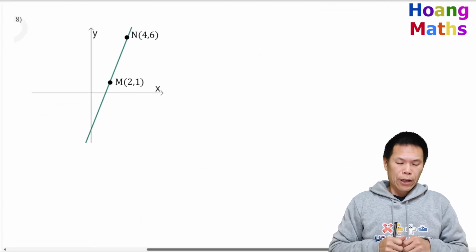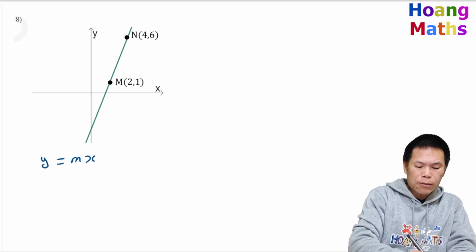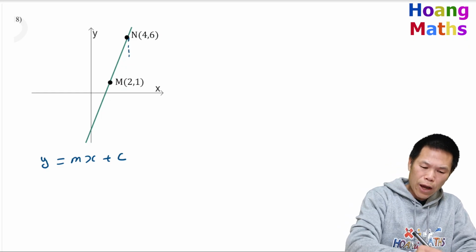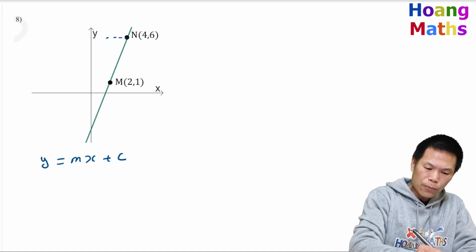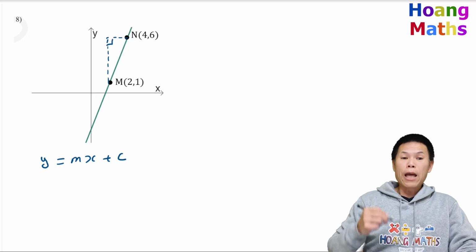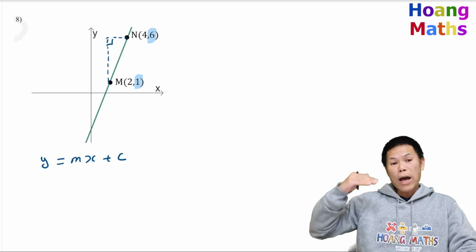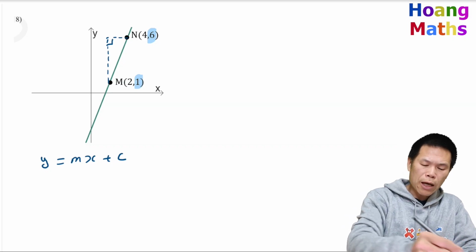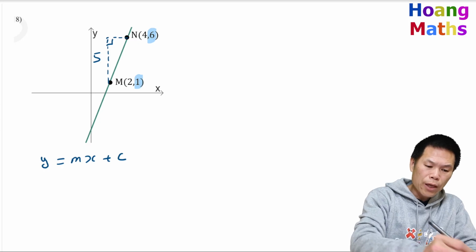Question number 8. So again, y is mx plus c. Okay, that is the rule for a straight line. And let me just construct a right angle triangle, or I can construct it this way, like this as well. And nothing wrong with that. So there you go. Now for rise, that is the y value, the vertical line. So from 1 to 6, that is 5 units, right? Because 6 minus 1 is 5, if you like. So 5 units. Now for the horizontal one, that is 2